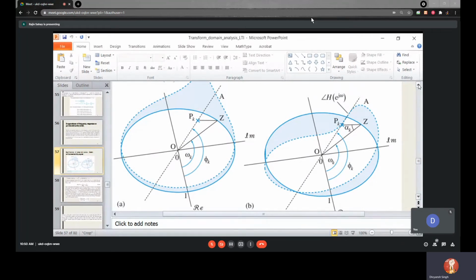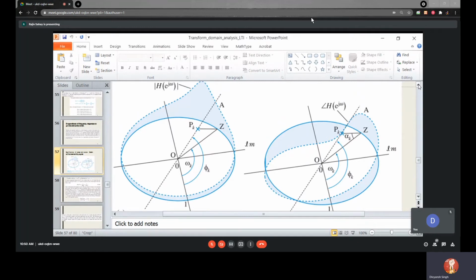So roughly speaking, if you have a plot of H e to the j omega, the absolute value or modulus of that, then the zeros of that mean where H e to the j omega is going to the value 0. And the pole of H e to the j omega means where that value is going to infinity, or where it is shooting very sharply. So if I vary the position of the pole, where does it cause H e to the j omega to increase? That is what we are going to analyze.